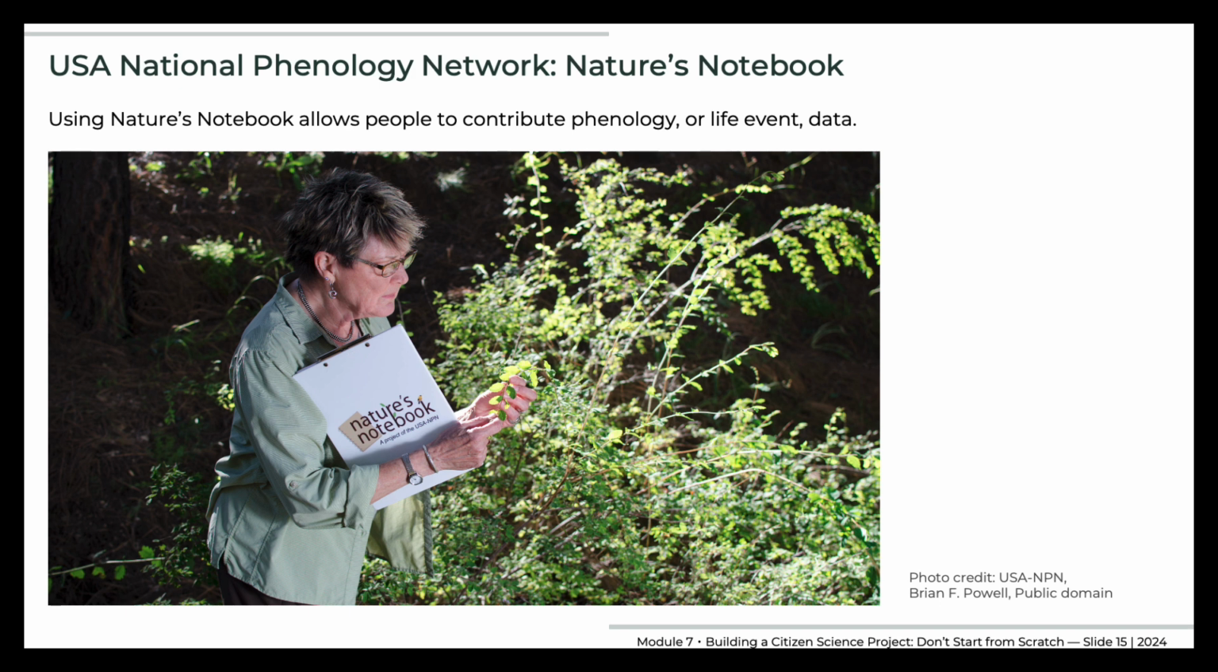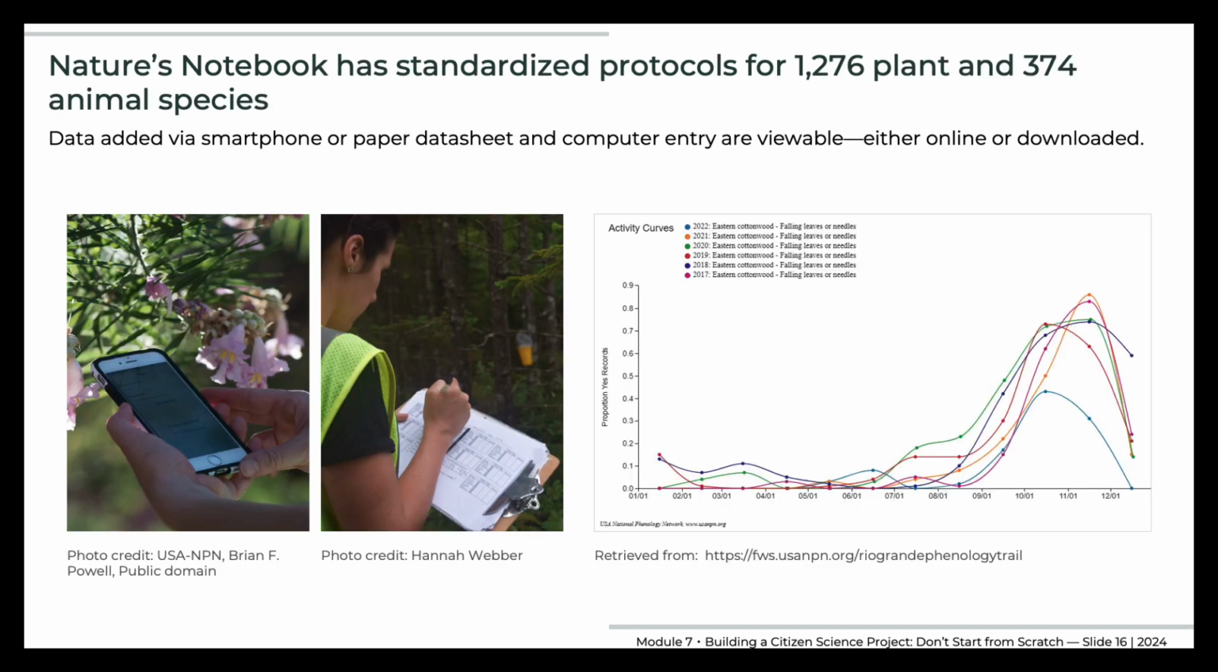Currently, Nature's Notebook includes more than 25,000 active users at more than 18,000 sites and has collected more than 31 million records. The data are used to improve invasive species management, inform the timing of fire, forecast the activity of insect pests, show the timing of food resources for wildlife, and inform the timing of seed harvest. Contributors to Nature's Notebook collect data using standardized protocols for the